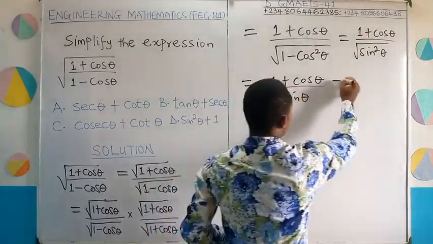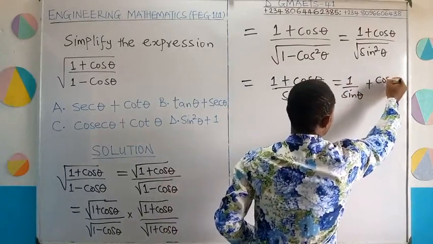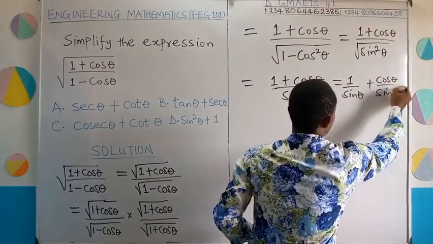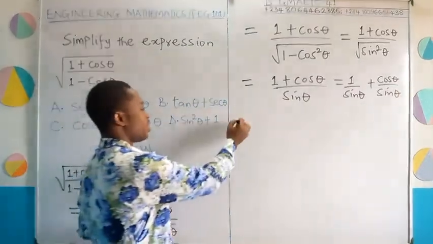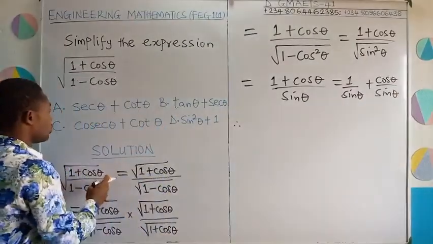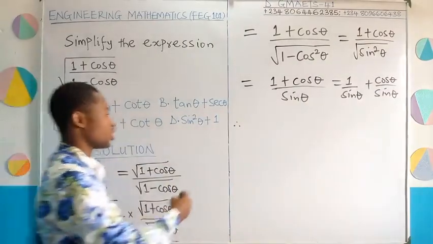And then we can break this down as 1 over sine theta, and then plus cos theta over sine theta. And I guess we can just see our solution. Are you following, right? This simply means that the term given to us, which is square root of 1 plus cos theta over 1 minus cos theta,